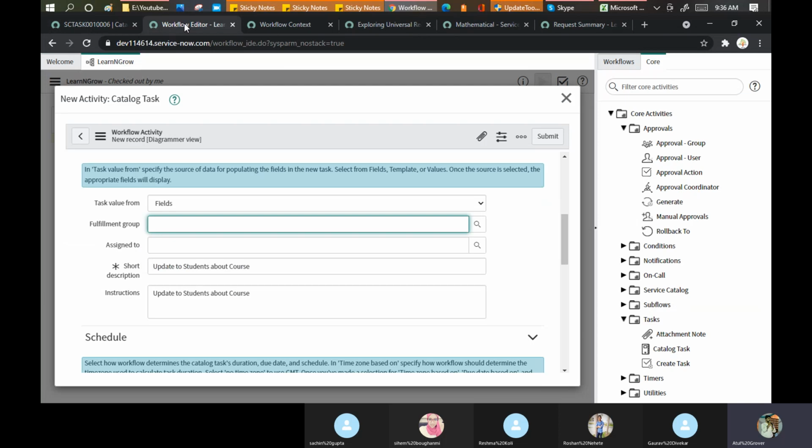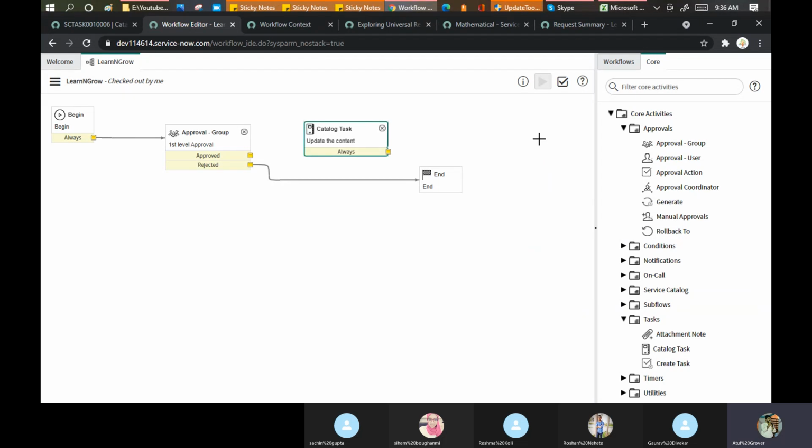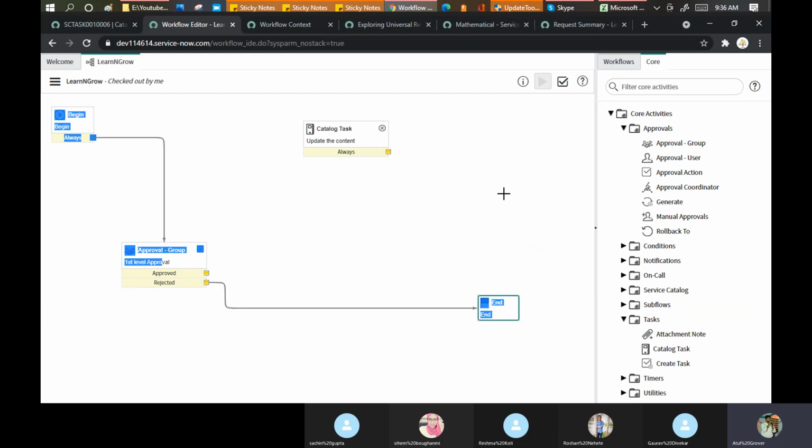From the workflow. Let me define here. My group should go to the CAB approval. Okay, let me submit this. I'm done with that part. Now what is pending? The only pending is the mapping. When my request has been approved, it should create a task. Let me map it here. Once my task has been done, it should close my workflow.